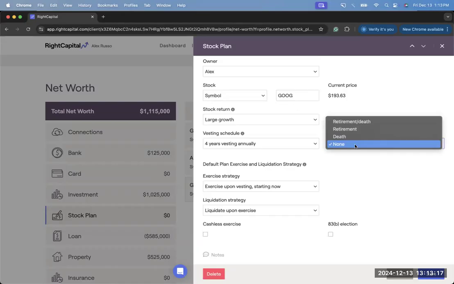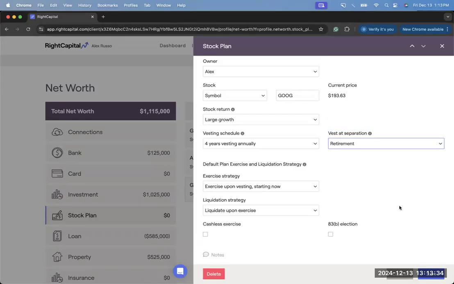But if you are working with a client who, maybe their company has a bit more of a generous vesting provision for retirement, you can select one of these other options here. The retirement option will cause all unvested shares to automatically vest in the year of retirement. The death option is going to cause unvested shares to continue to vest on their normal vesting schedule after the client retires. And then when the client passes away, if there's any unvested shares at that point, those will automatically